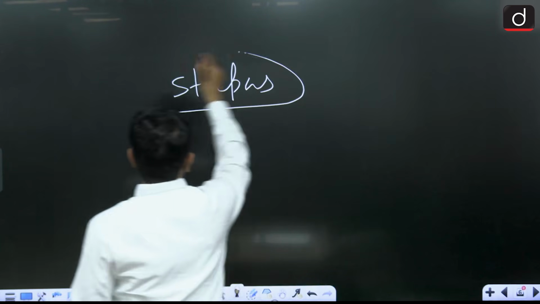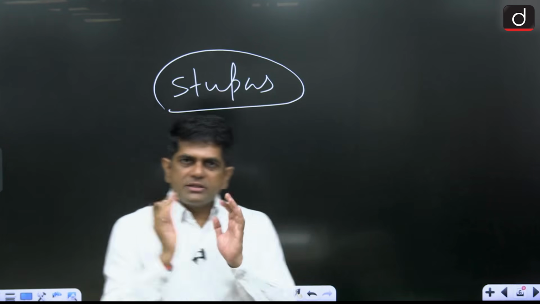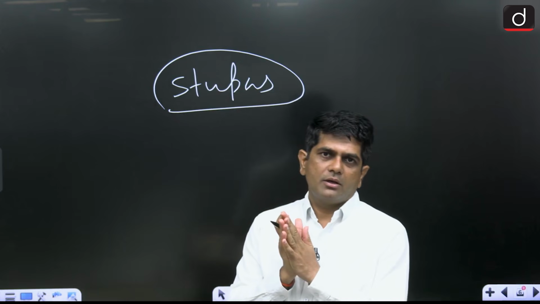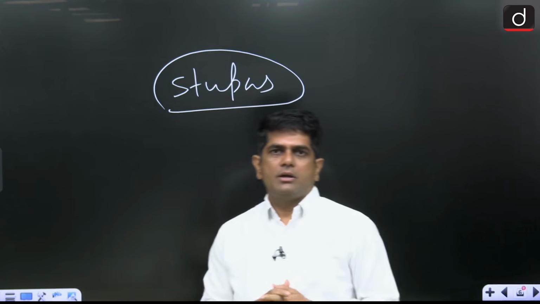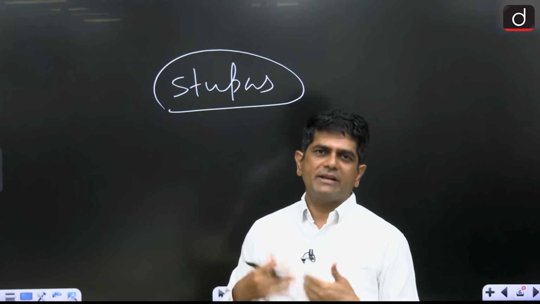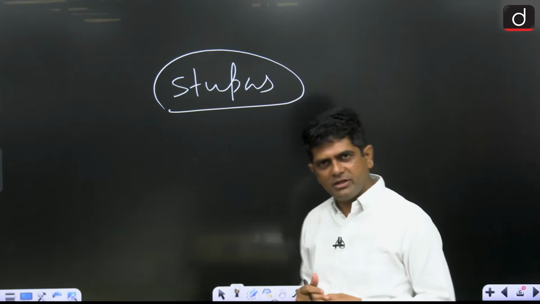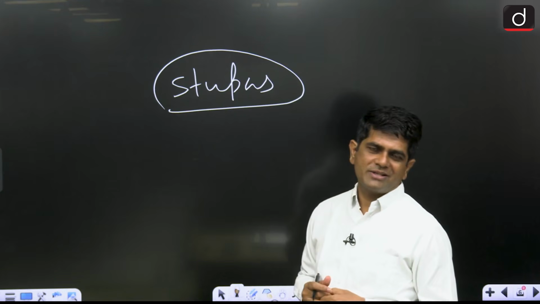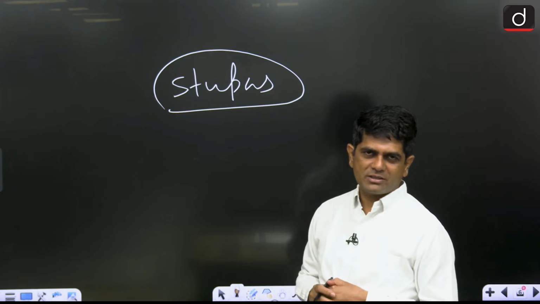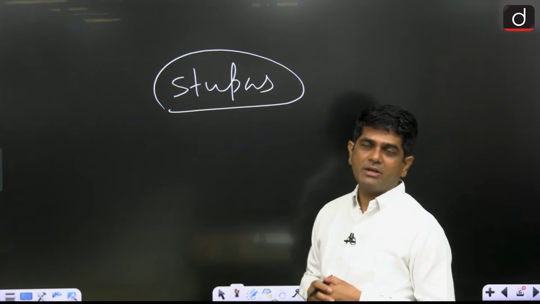Stupas. So important, stupas. I already discussed this point: before Ashoka, or just after the death of Gautam Buddha, his body relics were divided into 8 parts and 8 stupas were built. Ashoka, according to the Buddhist text, did what? He dug out all those previous 8 stupas, took out the relics of Gautam Buddha, redistributed them and constructed